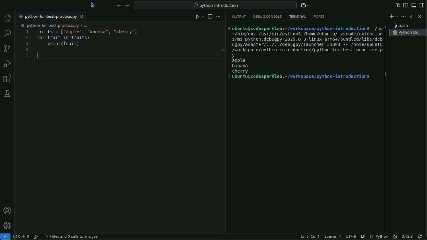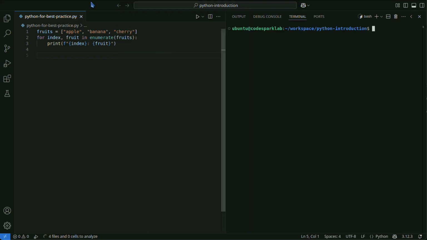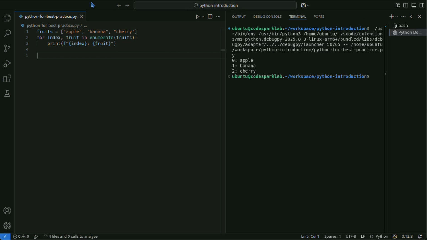For example, you can use enumerate or zip to iterate over multiple lists simultaneously. Using enumerate, you can retrieve both the index and the element at the same time.